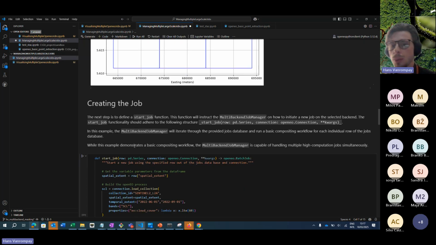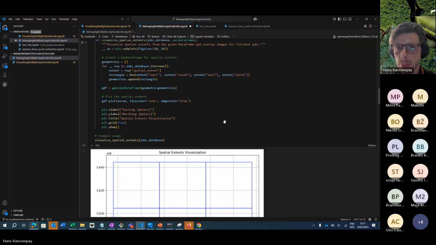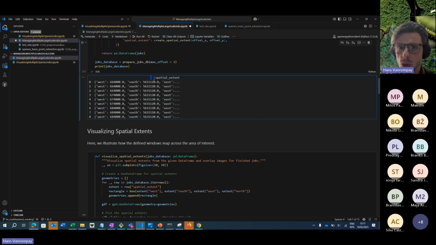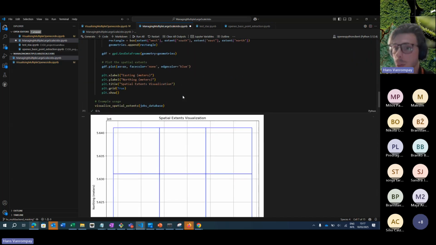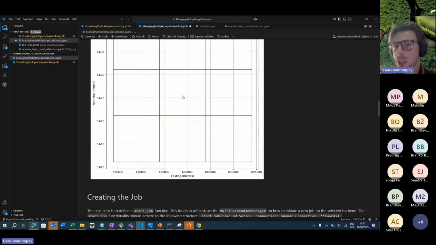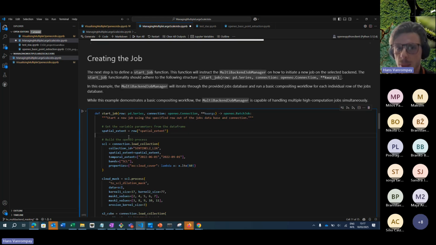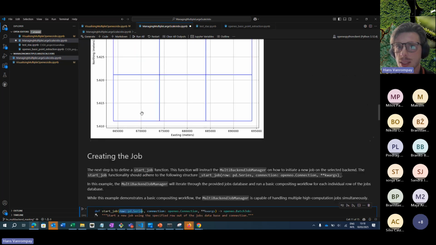So, of course, we need to tell openEO what to do. What is it that we actually expect? So the multi-backend job manager takes 2 inputs. It takes this pandas data frame, which contains our variable input parameter, and it takes in the openEO process graph, which we still need to create. And this is done by defining, in this case, a start job function. What does this do? Well, it reads a row of my pandas data frame,